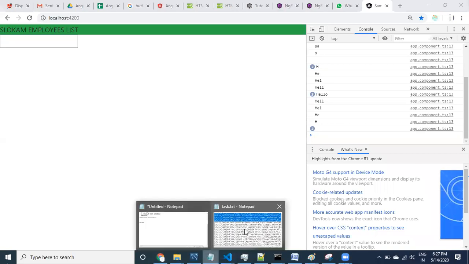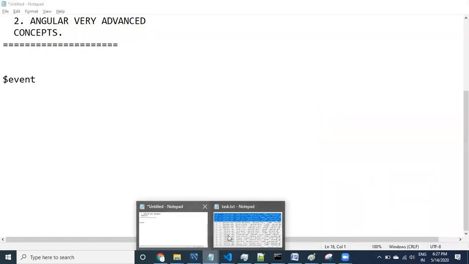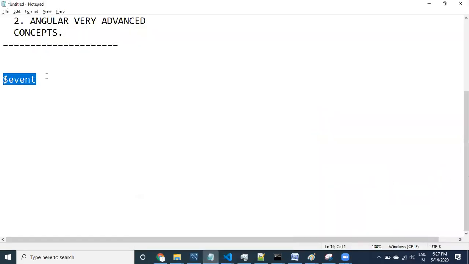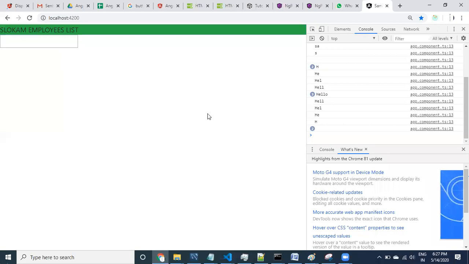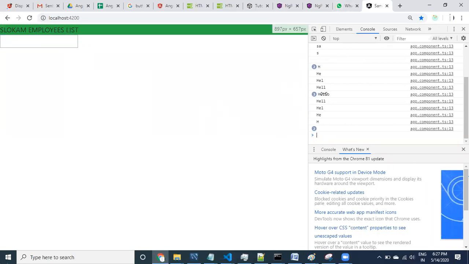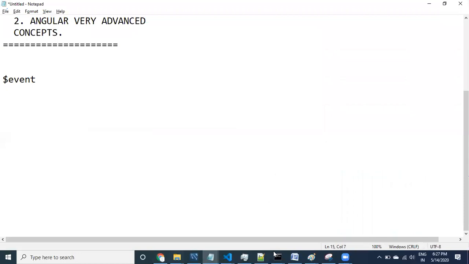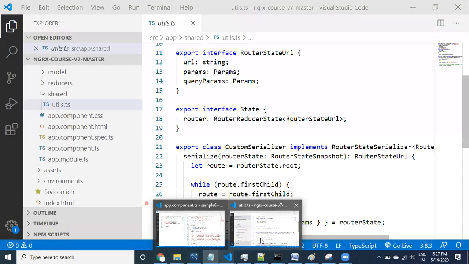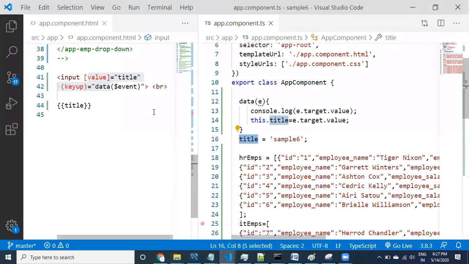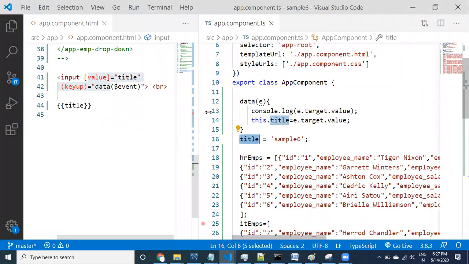All right, guys, what is that event? This is going to be the event property. Coming back to the concept, this is an event, right?